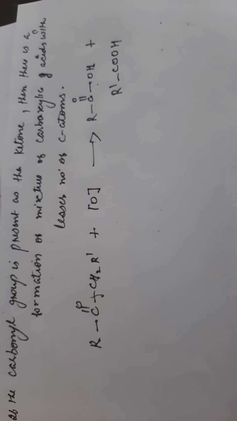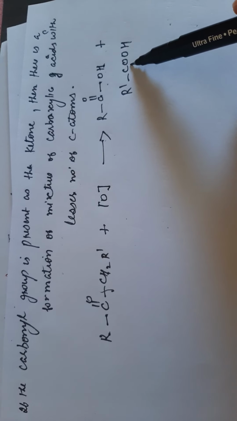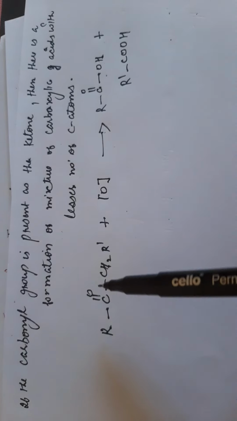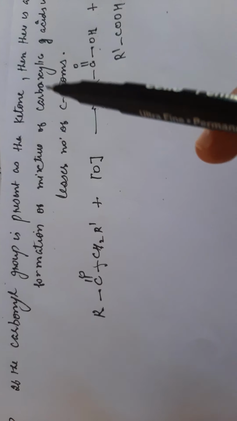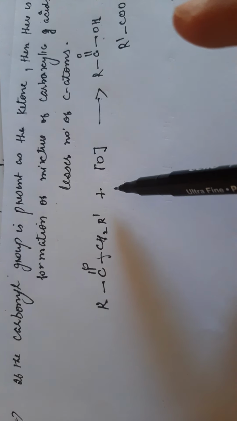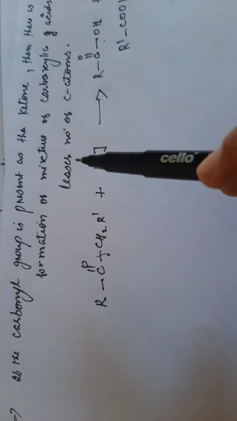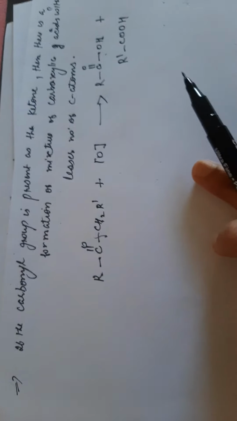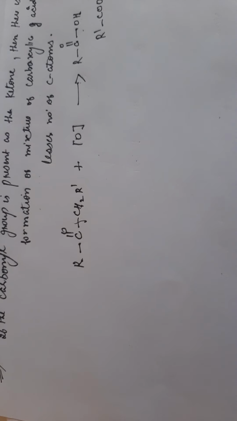So the formation of a mixture of carboxylic acids denotes that the carbonyl group present in the terpenoid is a ketonic group. If the formation of a monocarboxylic acid with the same number of carbon atoms is taking place, then the carbonyl group is present as an aldehydic group. So when we get to know that the aldehyde group is present in our terpenoid, then our work is over.